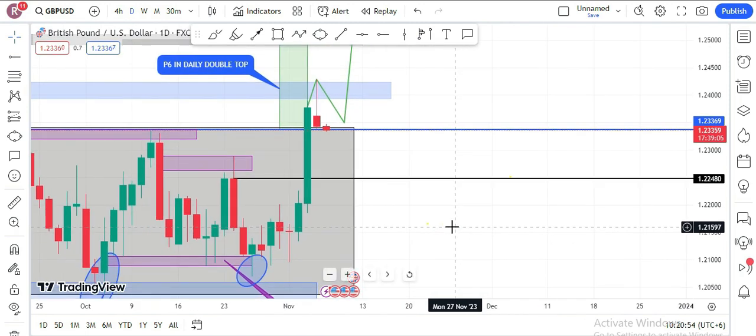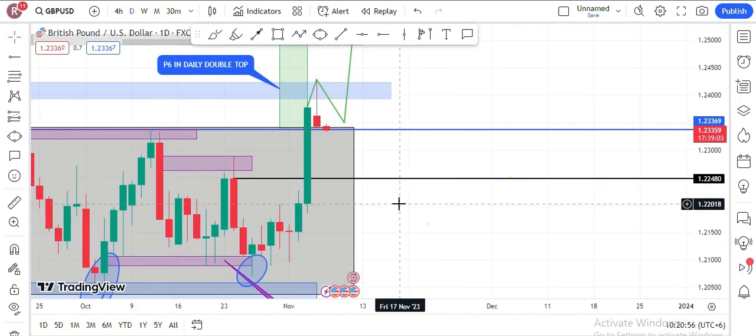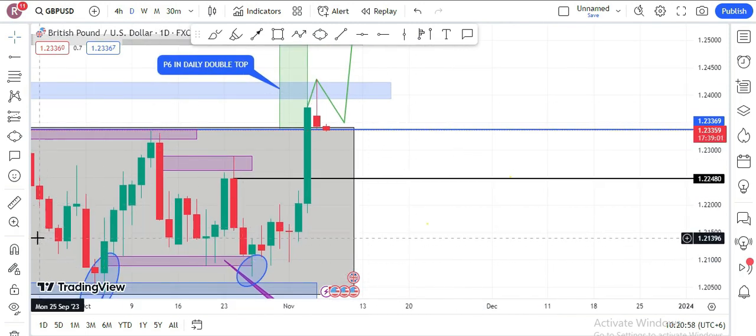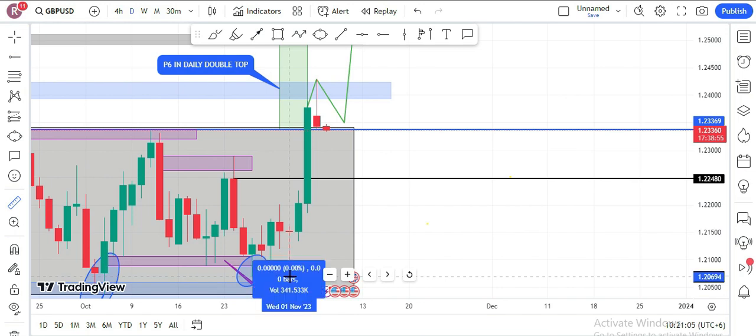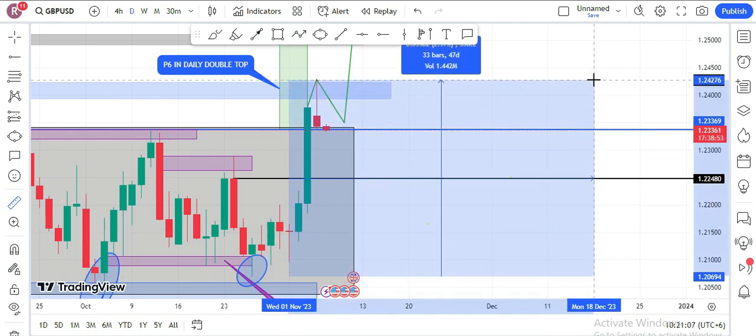And apart from that, let me do it again to show it to you clearly. This guy is the bottom responsible for this top, and the half is here. So as a double bottom has been created, the price is supposed to come back here at this 50%. Now if the price comes back here,